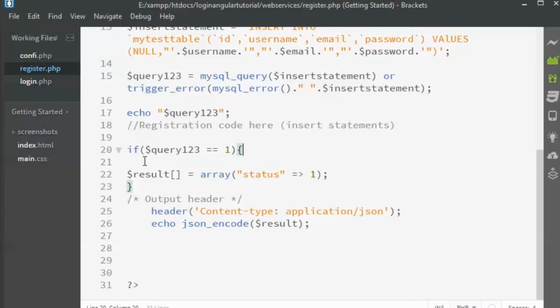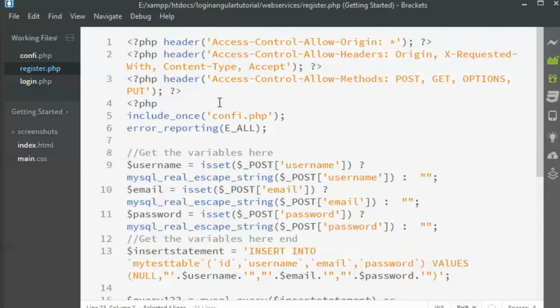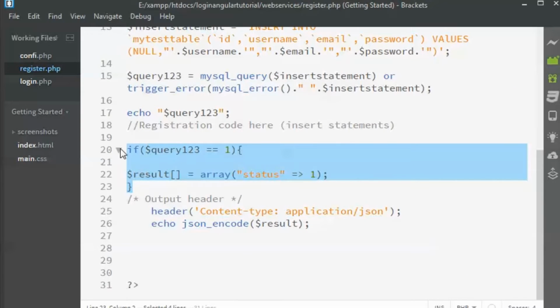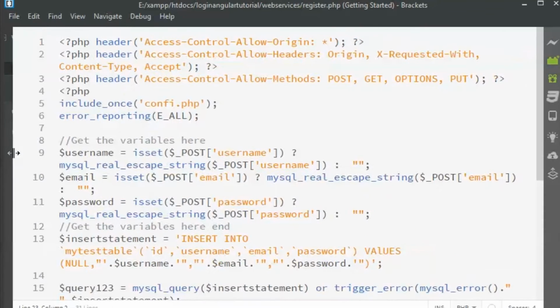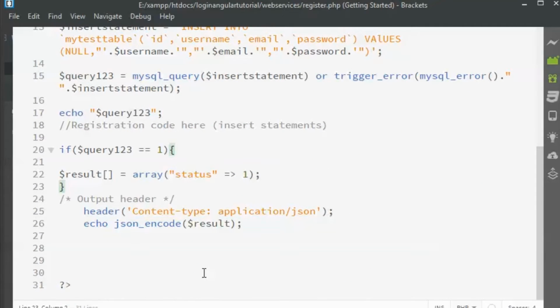So in the JavaScript application you will come to know. I have not tested this part out. I've just written it to demonstrate how you will get the status. But the above things are working for sure. Only this part you'll have to check on how to send the status. Okay, you can do that by yourself. You can just have a look at this code. You can pause the video and note the code down in case you want to. I will also be writing the same code in my blog, so you can view my blog and copy paste it from there too.